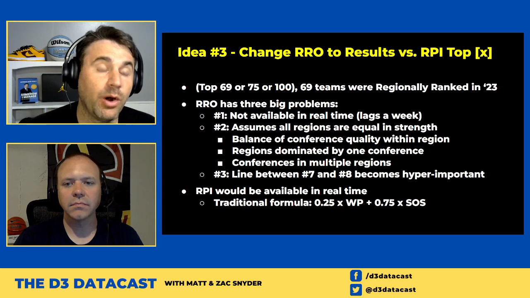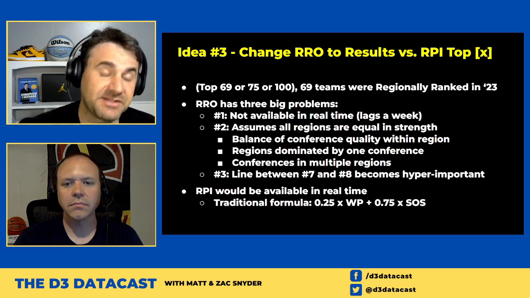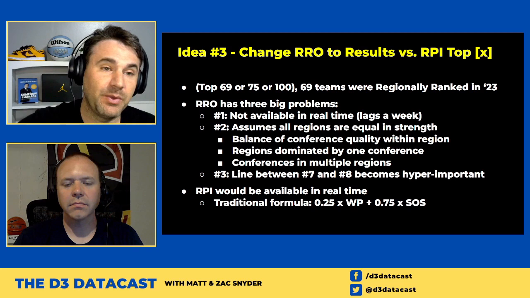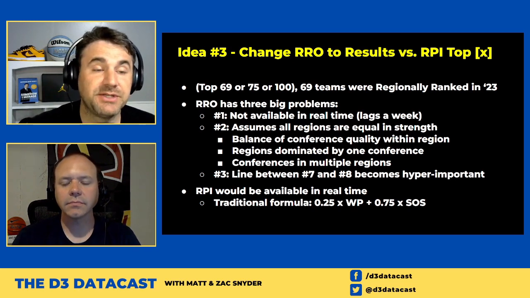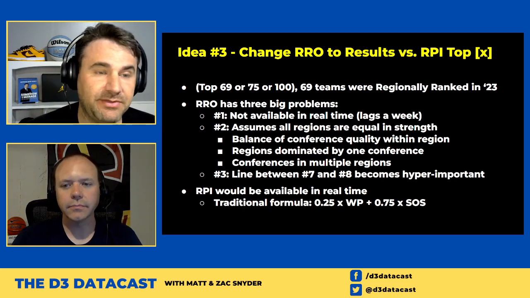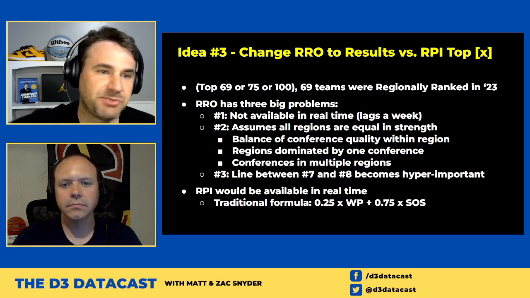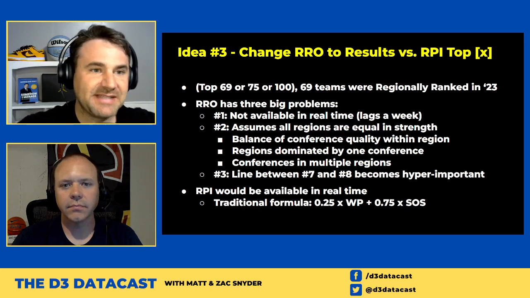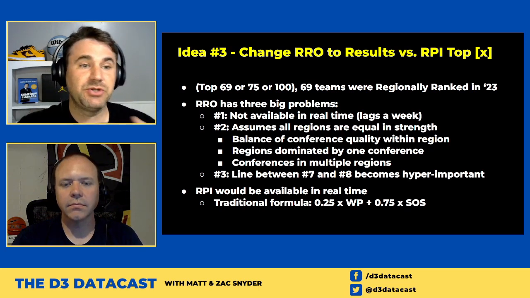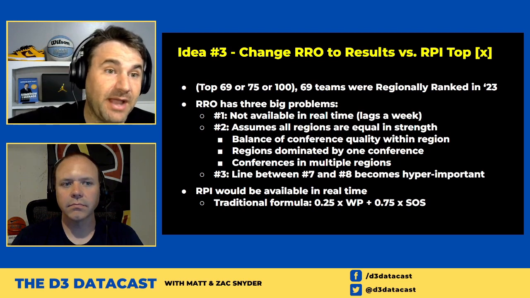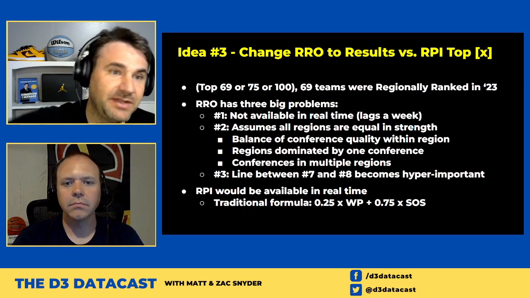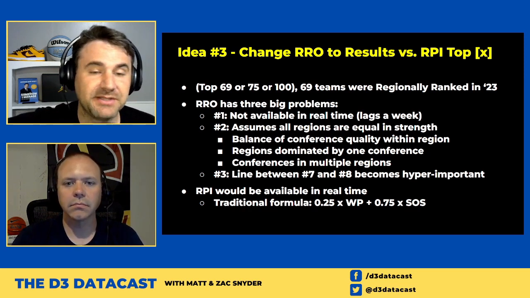And we saw the committees like to reward games against those types of teams as really good wins, like super regionally ranked opponent wins, which I think is smart. It's good of them to do. But the Ohio Athletic Conference can't get 4 teams to be in the top spots just because you're playing your conference schedule. Like the UAA gets access to that, but these other conferences don't. If you went to an RPI across the board, then maybe we would have seen last year that the ODAC had 4 of the top 10 or 15 teams in the country by RPI, and we could have given them bonus points for that, and that would have made sense. So I think we get around that problem.